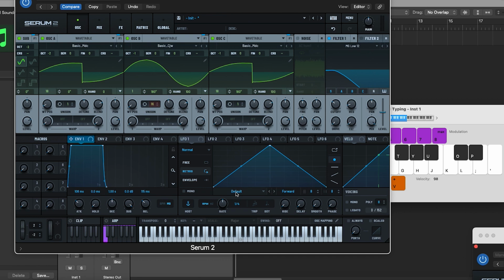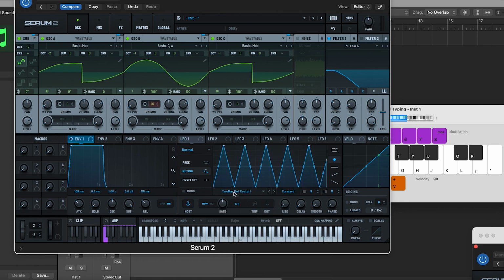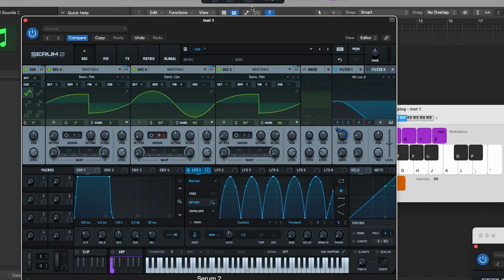So next thing I'm going to do is go get an LFO. I'm going to go down to 2-bar dot restart, and I'm just going to widen these a bit, just bring some curvature up to these waveforms, and then I'm going to drag LFO 1 onto the cutoff. I need to take the rate right down. Should have said I've got the BPM on 171,